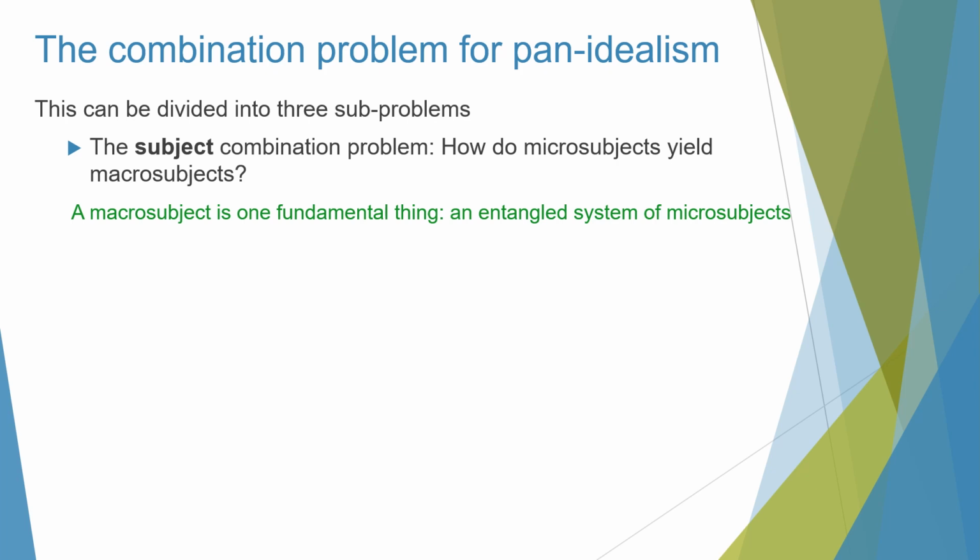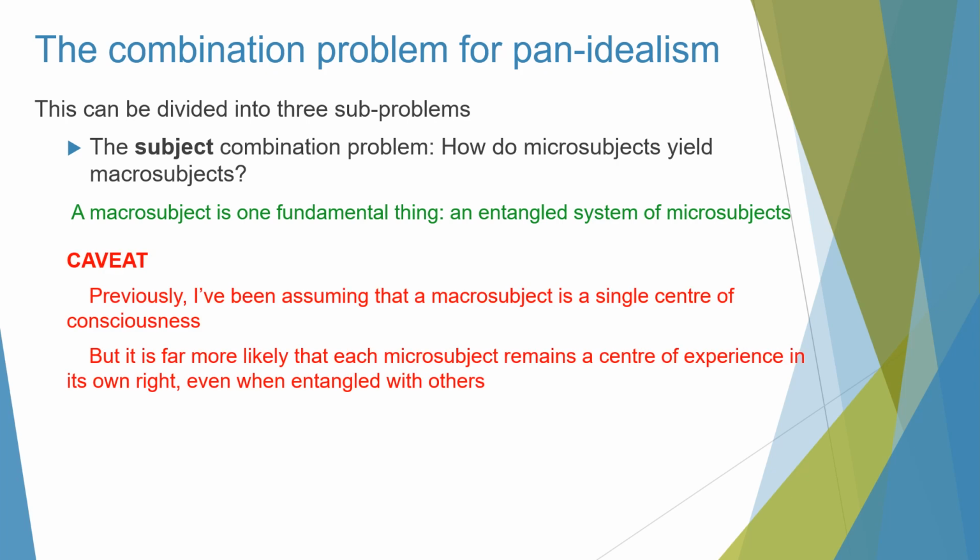Entanglement is a well-understood physical process, and there is no need to invoke any mysterious radical emergence. There's a caution here. Previously, I've been assuming that a macrosubject is a single center of consciousness, and microsubjects have been dissolved within the entanglement. But it's far more likely that each microsubject remains a center of experience in its own right, even when entangled